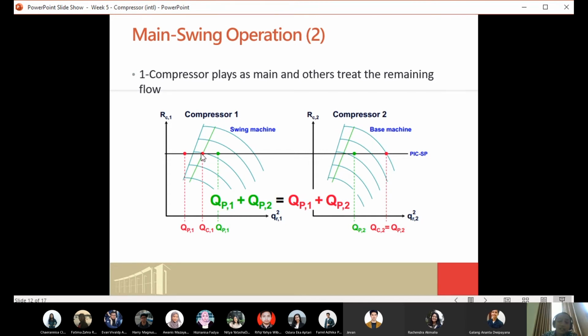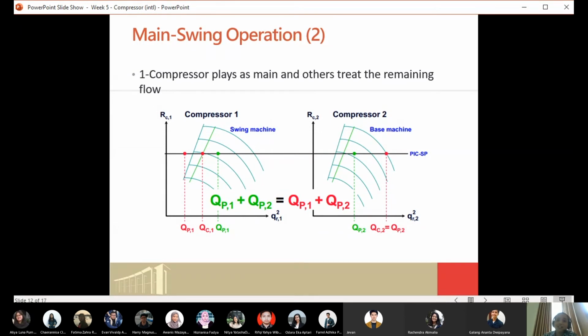QC1. So there is a kind of trade-off here. There are advantages and disadvantages of this operation. The advantage is that when you operate this way with a new and an old compressor, the operation will have better RAM, reliability, availability, and maintainability, compared to when you split the flow rate equally.